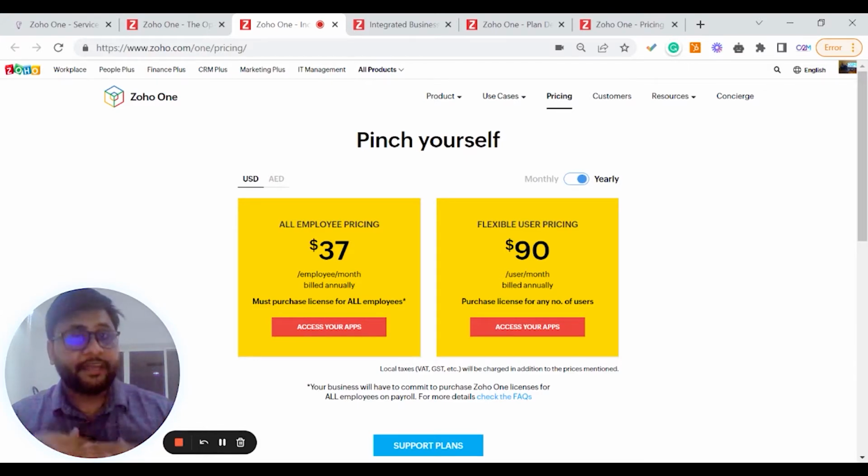And similarly, if they, for example, had gone for all employee pricing, then there is no other option, they had to buy licenses for all the employees, because most companies have specific company domains. They could be one domain, two or three domains, and when you use these domains, obviously you need them in the system as well. And when you register those domains in the system, it knows what your company domain is, and then it won't let